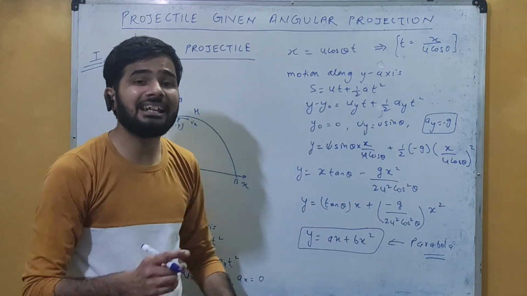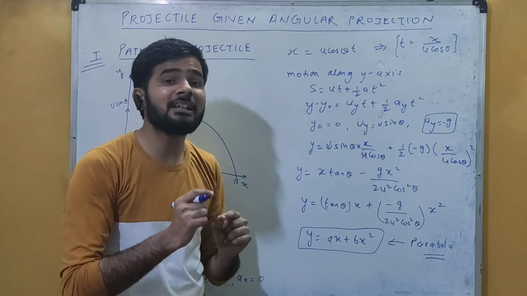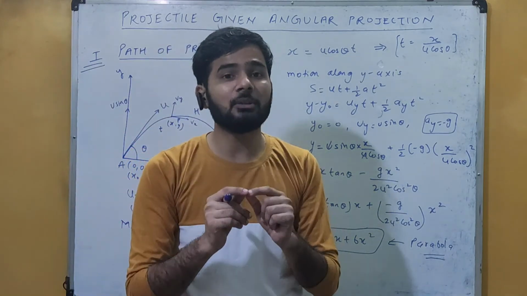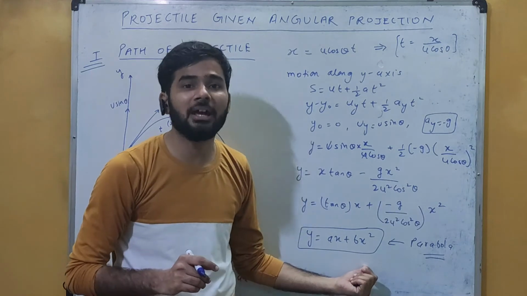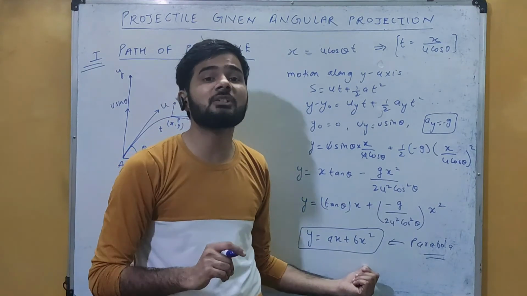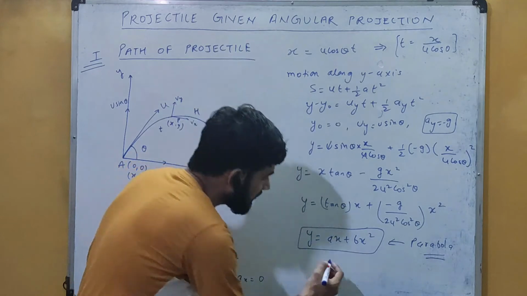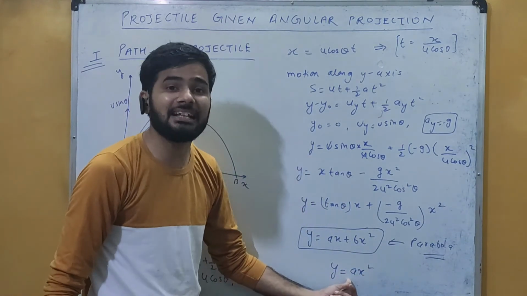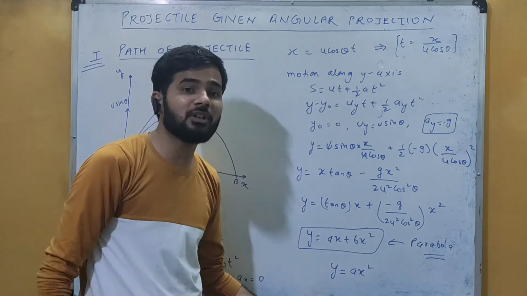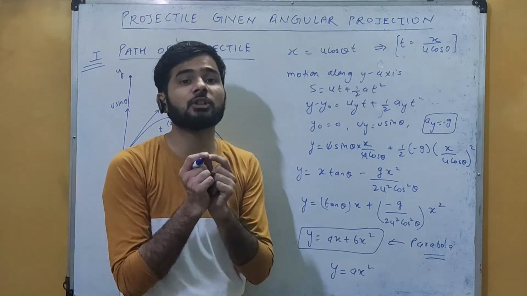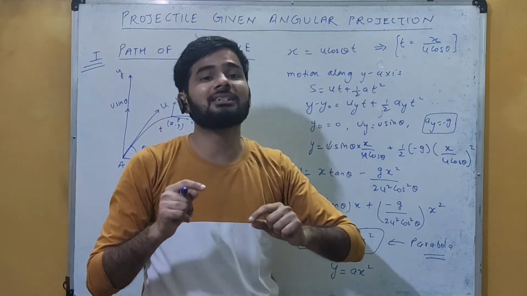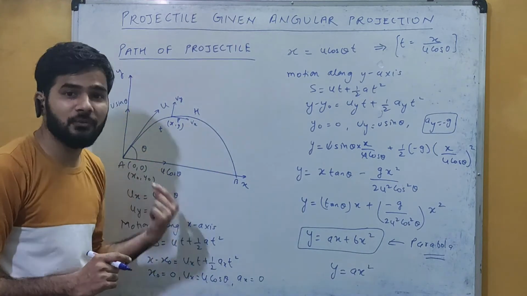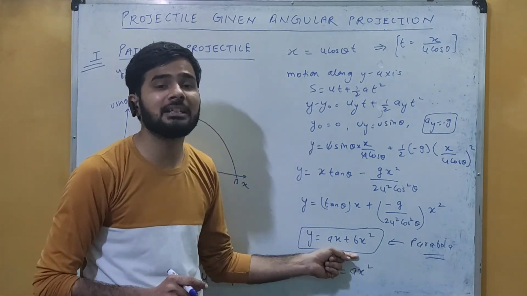So we have another equation of parabola where we have a change in the origin. जब आप क्लास 11th में parabola पढ़ोगे मैथ्स में, then you will get to understand this, why this is the equation of parabola. Because the previous equation which we have seen in case of horizontal projection, we have written y is equals to ax square, or it was y equals to kx square. वहां पर क्या था, it was symmetric about the y axis. वहां पर क्या था, जो हमारे पास उसका ओरिजिन था वो कहां पर था, actually coordinate system के origin पर होता है. यहाँ पर इसका जो ओरिजिन है वो क्या हो गया, it is different. That's why we have a different equation for this parabola.